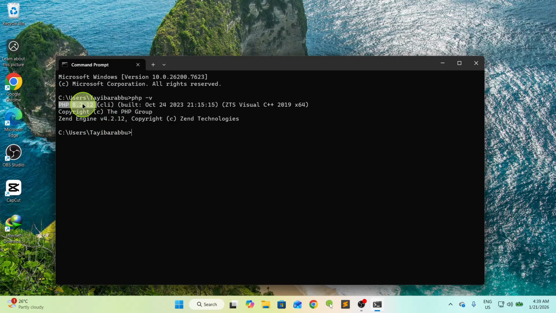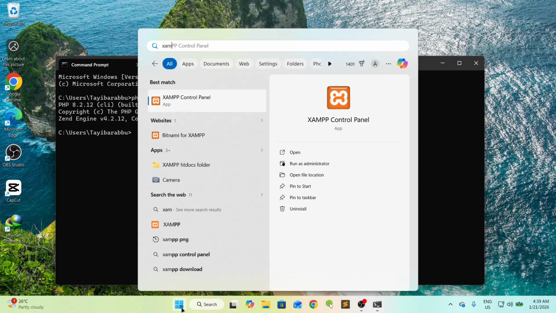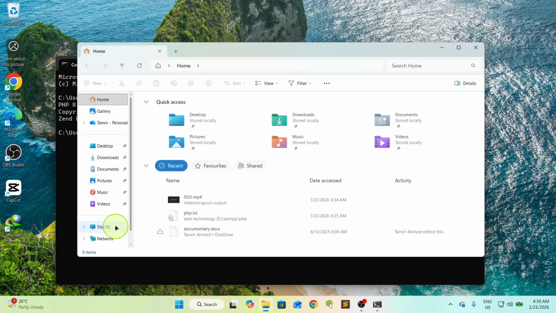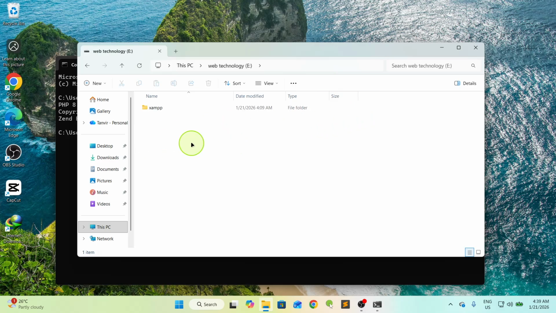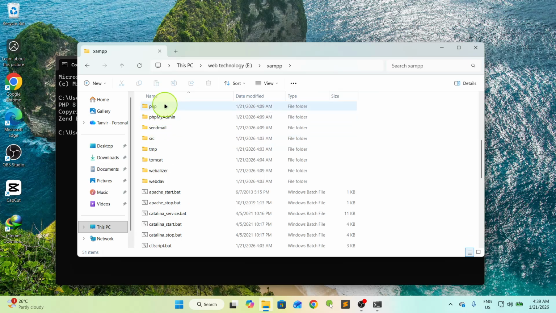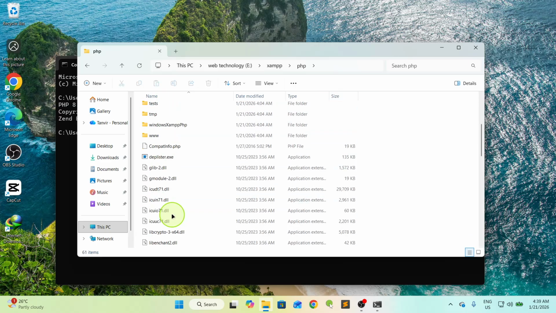I mean, why 8.2 here? Because I'm using XAMPP. I mean this PHP is from XAMPP. Let me show you. If I type XAMPP here, you can see the XAMPP control panel, and if I go to the drive where I have installed XAMPP on my PC, in this case this drive, here you can see I have a folder called XAMPP, and if I go into the PHP folder,